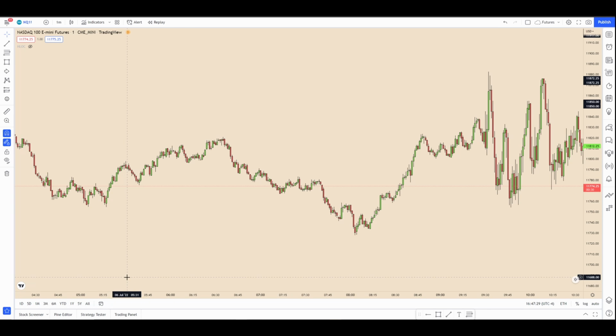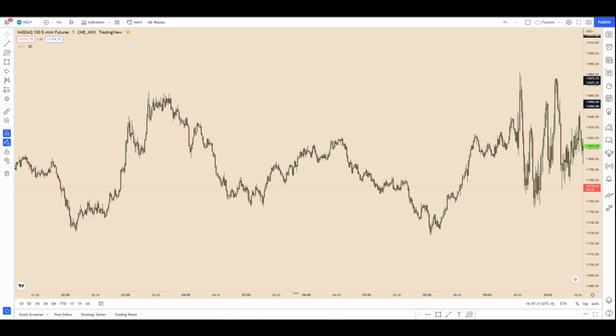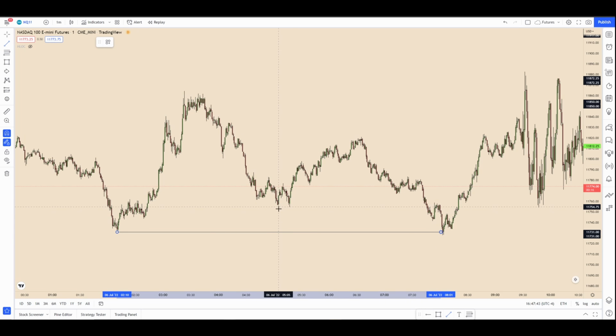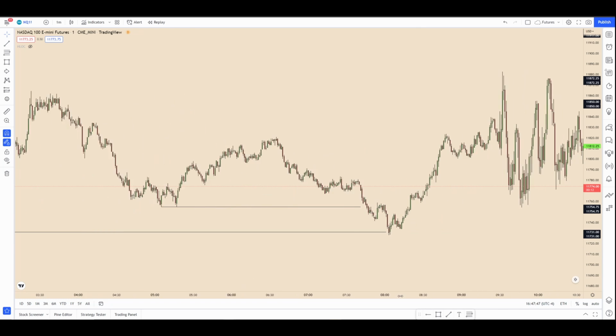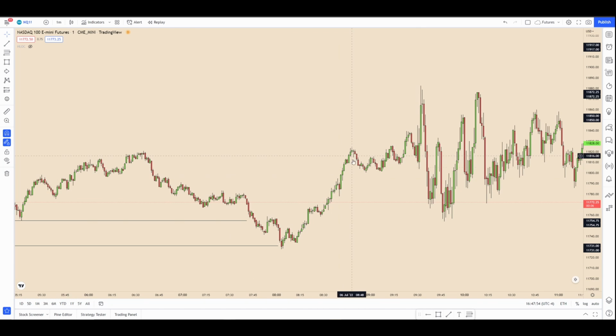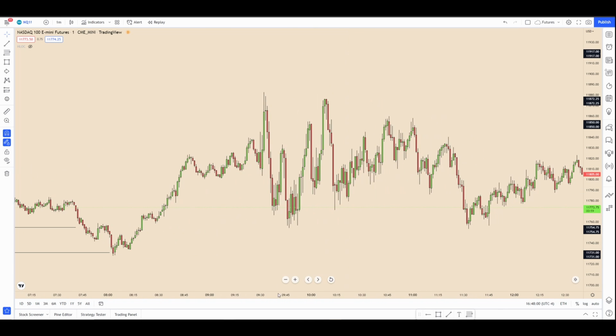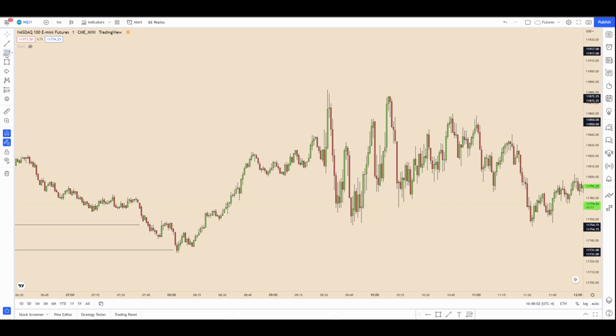So for this last example, I wanted to give a little bit of a smaller time frame example, right? So if you look, we have liquidity resting here and here, right? So if you mark those out, you can see we run liquidity, and this is before open, right? Before the news embargo lifts. And then we get this displacement breaking the highs all the way up here. So if you were looking to long something in here, I know the price action looks like crap, but what would you want to look for?